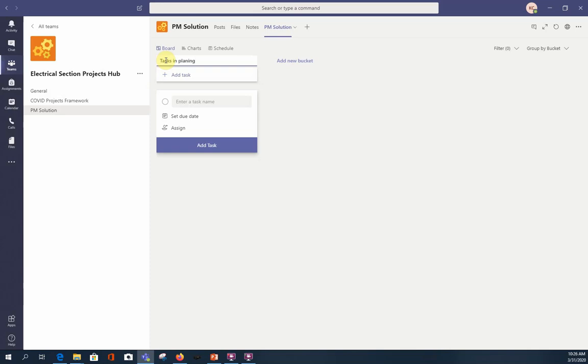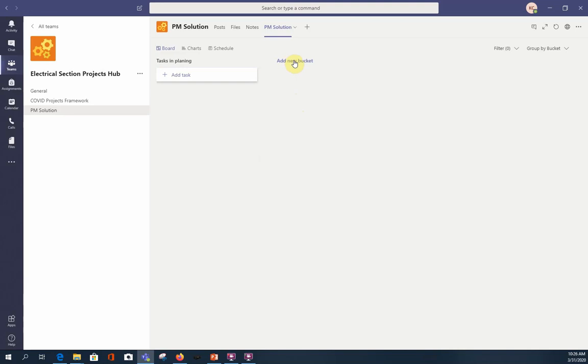Okay, so when we're in the task and planning stage, we're simply trying to identify the things that we're going to need to do in our project in order to be able to turn over a deliverable. As we're working our way through, we will probably find ourselves thinking of things that we didn't initially think of. So we're going to explore that a little bit more, but we want to talk about the